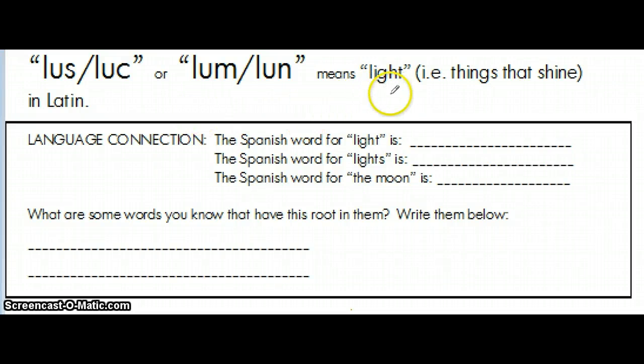Since this is the root for light, I automatically think, well, what is the Spanish word for light? And the Spanish word for light is luz. I see that and think, wow, that's actually really close to this spelling of the root up here. Now that reminds me that the Spanish word for lights is luces. That's just the plural of luz, but it actually changed the spelling to look like this appearance of the root